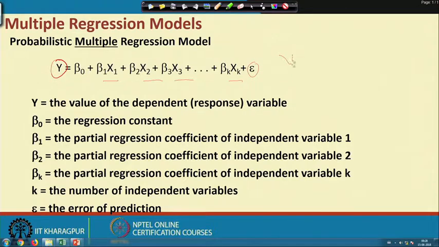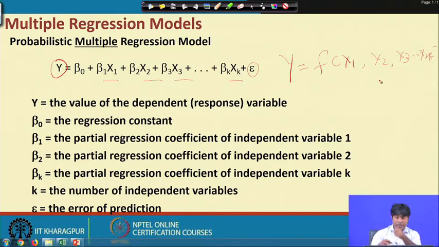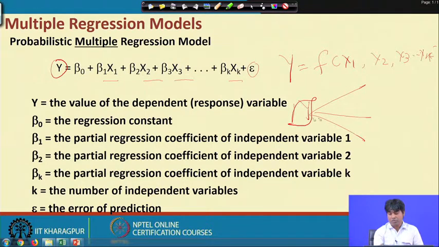And here the structure will be like this. In implicit format, y equals a function of x1, x2, x3 and so on up to xk, and then there will be error terms. So the idea is that we would like to check how these independent variables can influence the dependent variable. The path diagram will be like this. y is the dependent variable, which can be connected with several independent variables, starting with x1, x2, x3, and then xk. Every time the impact will be unidirectional, since it is a multiple regression.